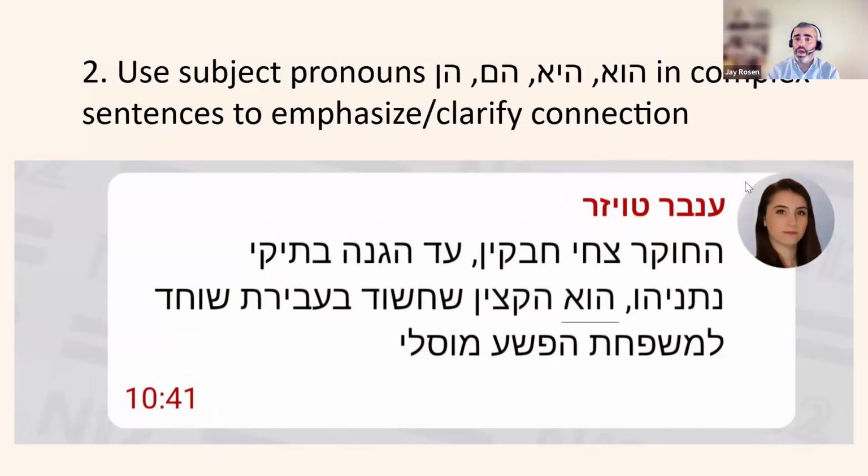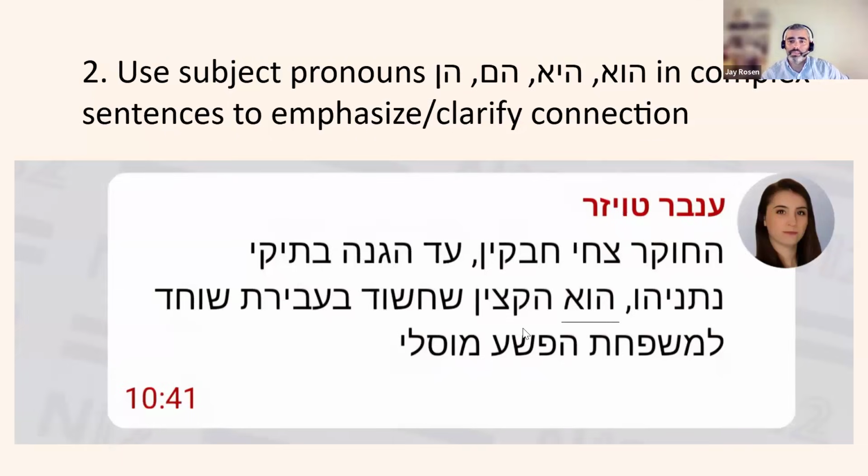So for example, I'm going to read this in Hebrew and then I'm going to translate it with you together. It says, first off, the reporter's name, Inbar Tweezer, is both the picture and her name at the top. And it says in Hebrew, החוקר צחי חבקין, עד הגנה בתיקי נתניהו, הוא הקצין שחשוד בעבירת שוחד למשפחת הפשע מוסלי,